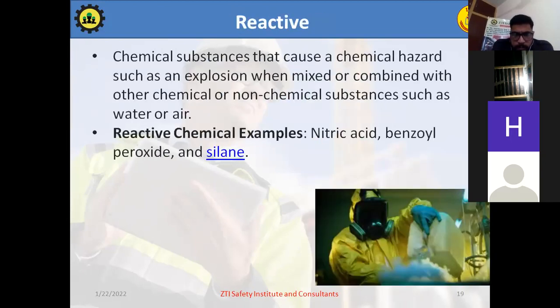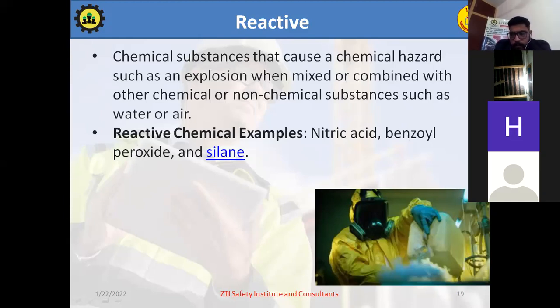Then we have one more category over here, which is reactive chemicals. As the name indicates, and those who deal with chemistry must know, chemicals are mostly reactive. Reactive in the sense that some chemicals start their reaction as soon as they are exposed to the ambient environment. I would like to give one example, hydrogen gas. Hydrogen gas is reactive in the sense that it has an adiabatic property.